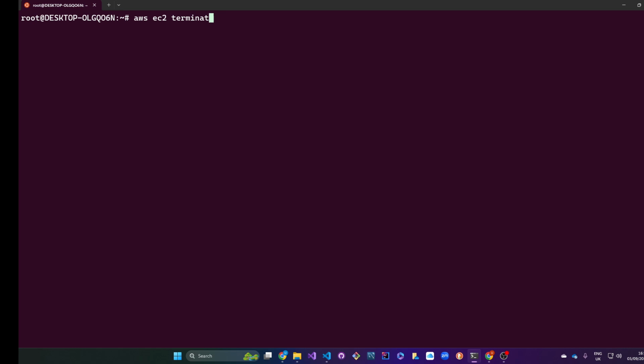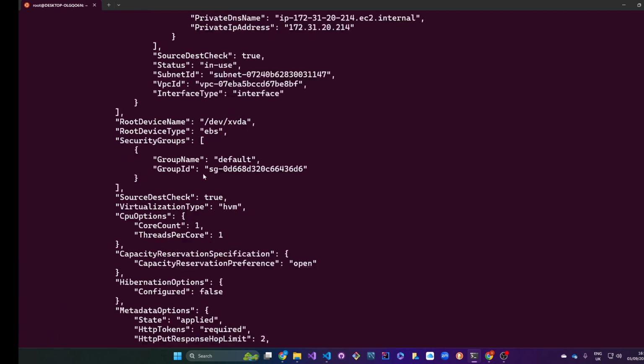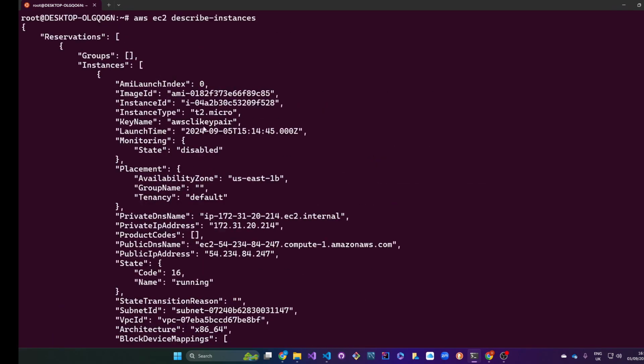If you're not sure what your instance ID was, then you can do aws ec2 describe-instances, and this will give you information about the current running instance. Where's our instance ID? There you go. So let's copy that,